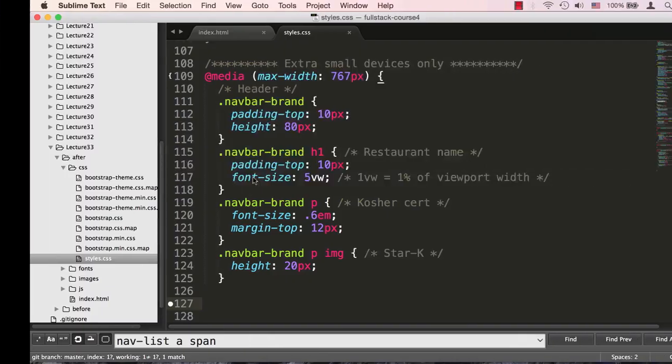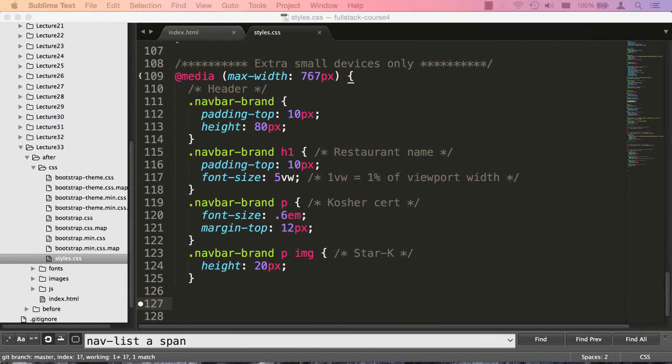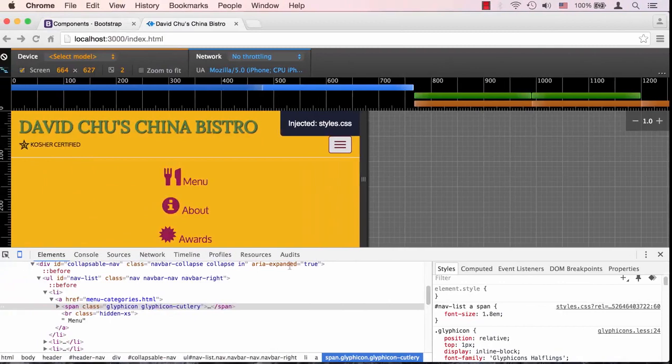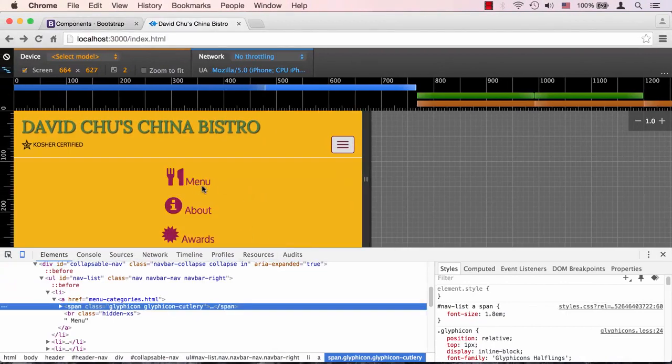Let's go ahead and go to our code editor, and I already have a style here that we can apply, and I'll go ahead and cut and paste it right here. This style will take that 16 pixels that we're inheriting for that A element from the body element that's been defined, and it's going to bump it up just a little bit. So we're bumping it up about 20%, so 1.2 ems. If we save that right now, go back to our browser, you could see that the menu became a little bit bigger. Well, so did the glyph icon, obviously,